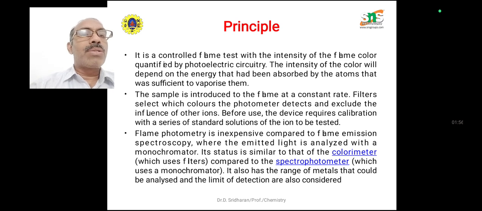The sample is introduced to the flame at a constant rate. Filters select which colors the photometer detects and exclude the influence of other ions. Before use, the device requires calibration with a series of standard solutions of the ion to be tested. As we discussed previously for atomic absorption spectroscopy, here also we prepare standard solutions of different known concentrations, and then we go for the given sample